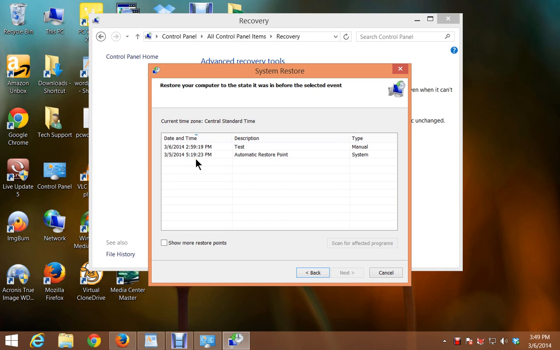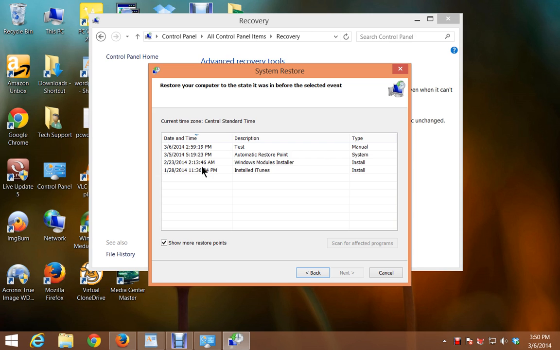Now, mine has 2 dates. Yours may have 1 date, or it may have 4 dates, or it may not have any dates. I don't know how new your system is. If it's been up and running for a while, a month or so, if you've installed some other applications, they may have created restore points that go back even further than this date. So if you click this button here, this button will open up any other dates that you may have and see if that may work for you. So if I click mine, I have several dates that I can choose from